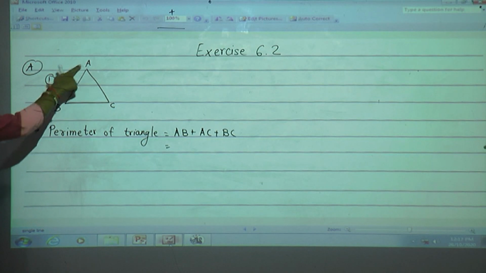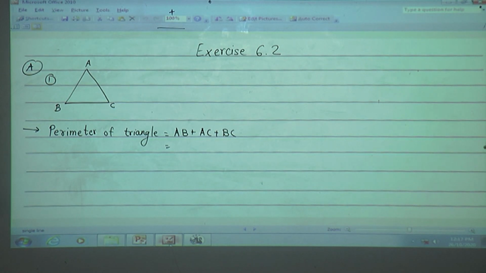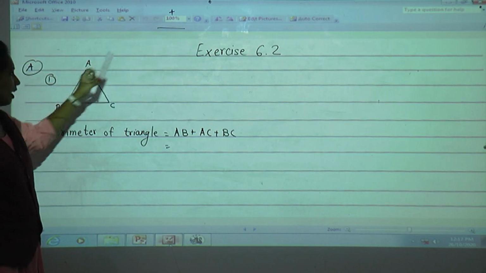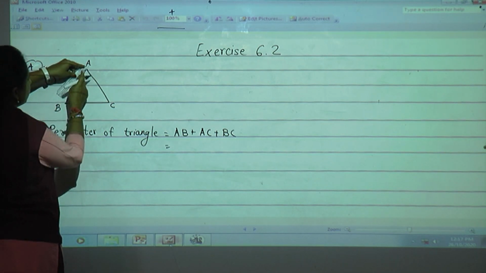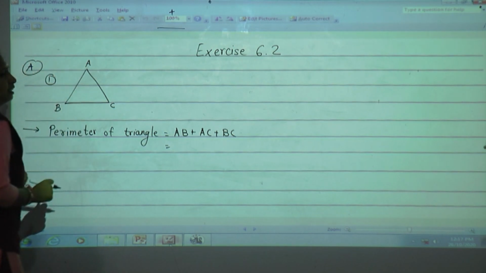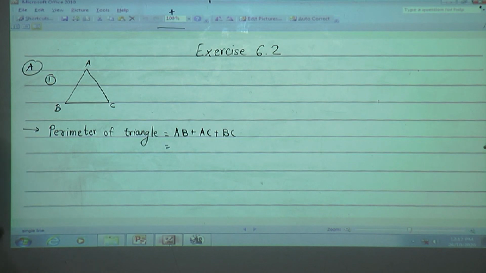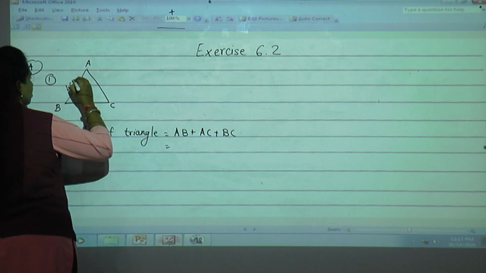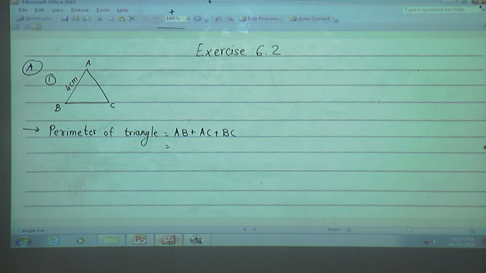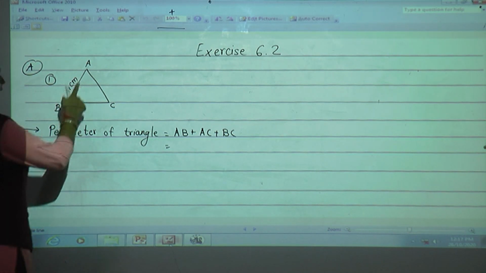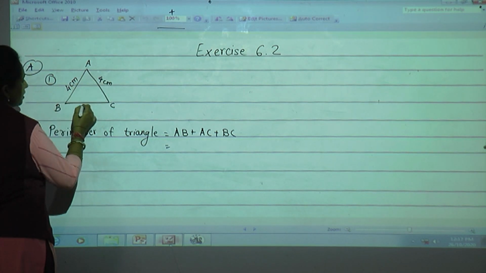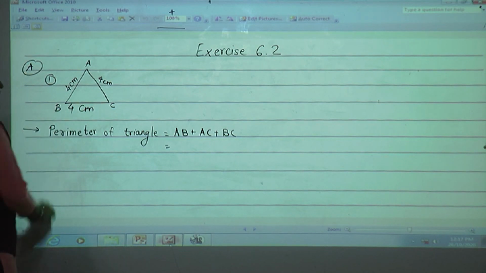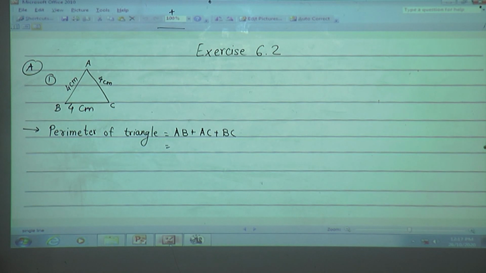Now how much is AB? Come on, use the ruler. Do you have a scale? Yes, everyone should have a scale. In this way, just start from 0, keep it at point A, measure in the textbook and tell me how much AB is. See, AB is 4 centimeter. See, the 3 sides of this triangle are equal, but still use the ruler and measure. AC is also 4 centimeter and BC is also 4 centimeter. Okay, now we have the measurements of this triangle.